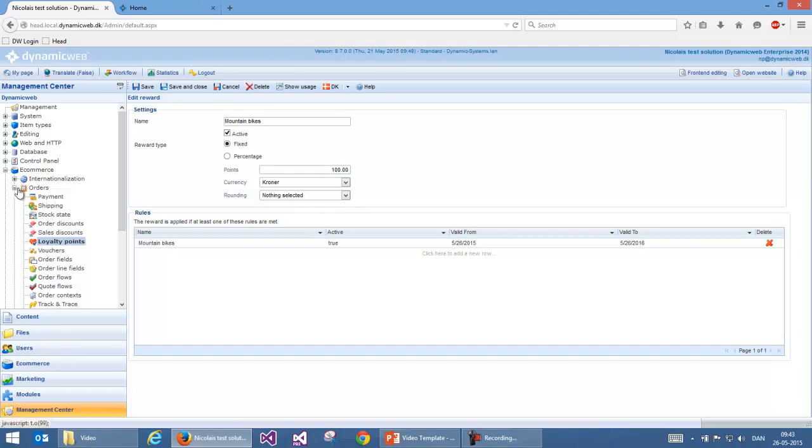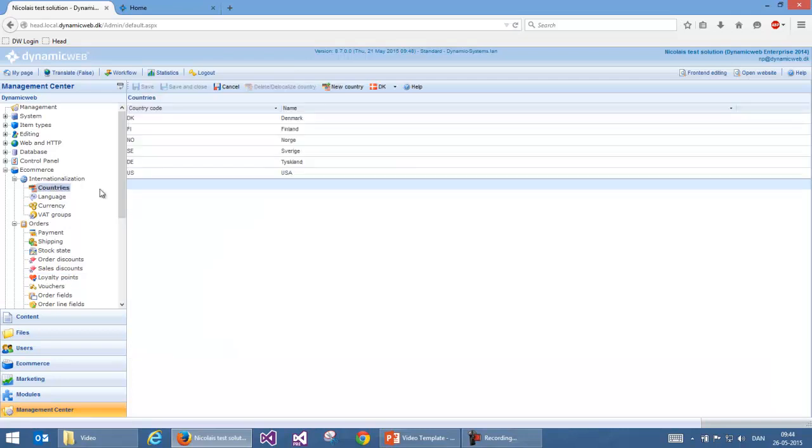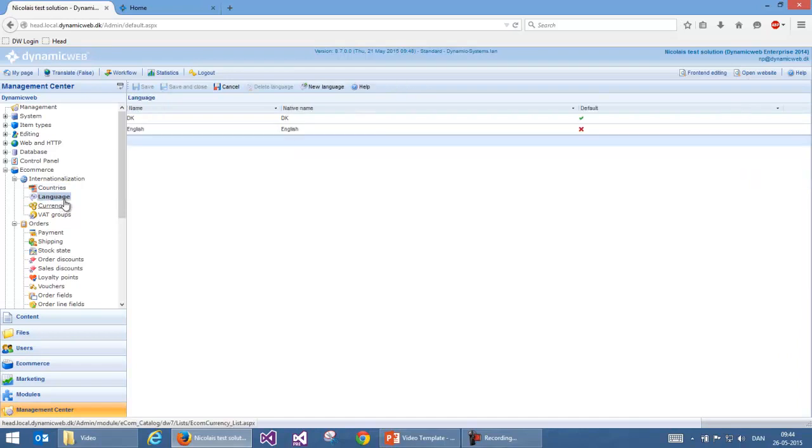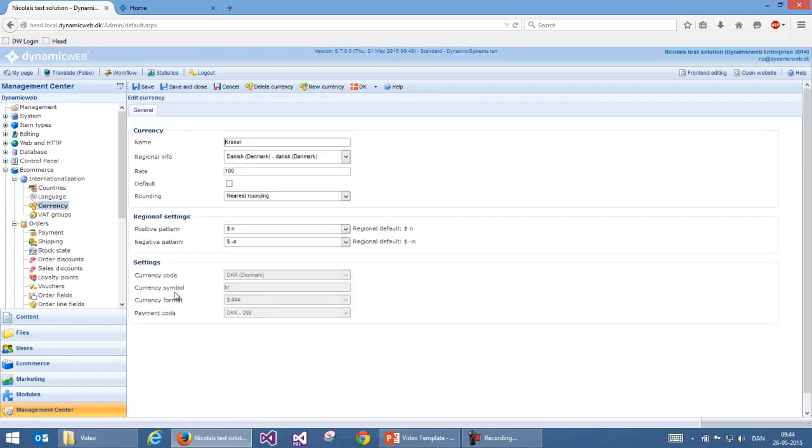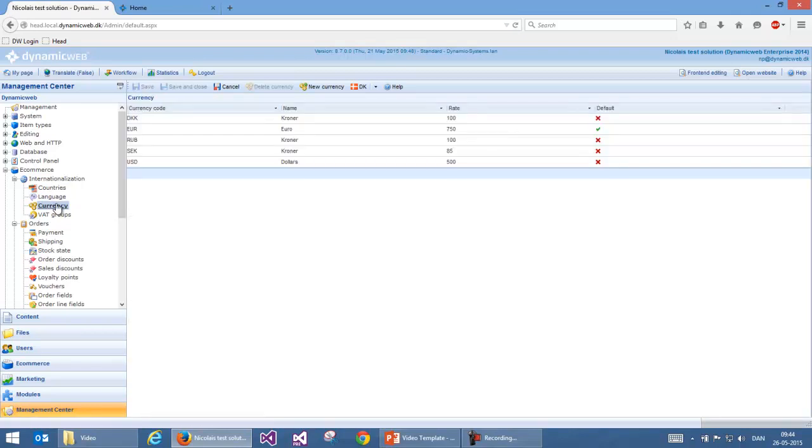If we take a look at the features that we support for international websites trading across borders, first of all, we have the possibility of setting up different delivery countries and controlling the entire product catalog in different languages. In the same way, I can set up currencies for each currency I want to support. So even though I have my product catalog in only one or two languages, I can add as many currencies as I want to the system, and I can have the currencies calculated automatically, or I can add all the prices in the various currencies